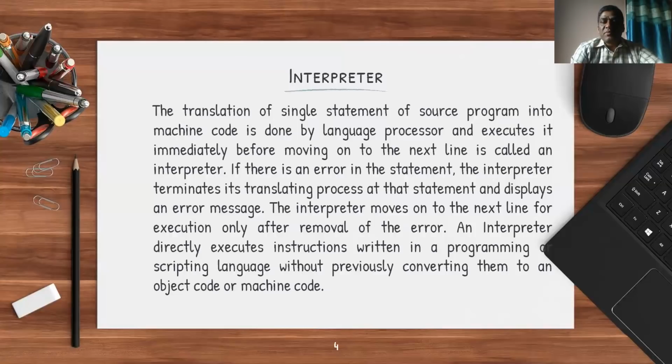Otherwise, it stays back, it stops the execution over there, and then it displays the appropriate message. So, an interpreter directly executes instructions. There will be no intermediate code generated, just like in a compiler. A high-level language is actually translated into a low-level language. There is an intermediate code generated over there, an intermediate file generated over there, but an interpreter will never convert a high-level language into an intermediate representation.